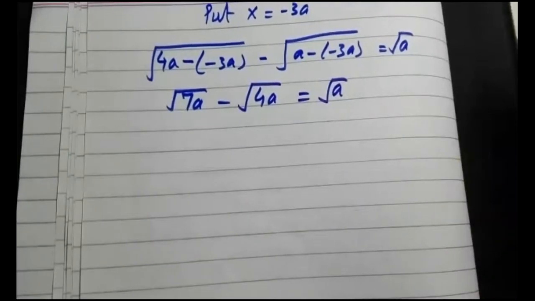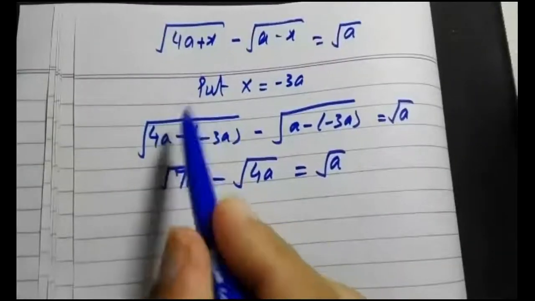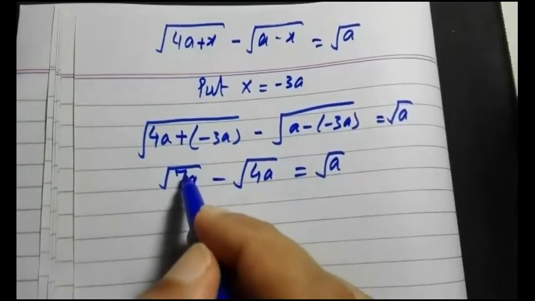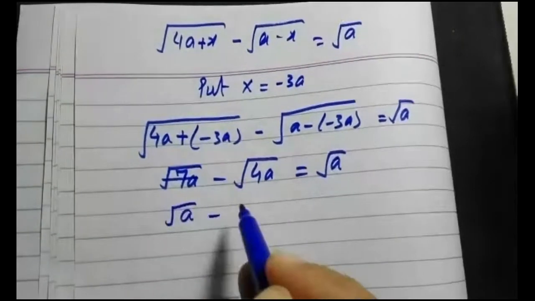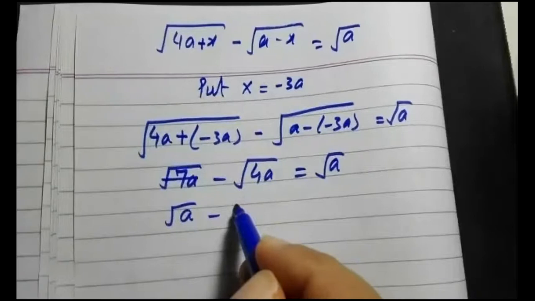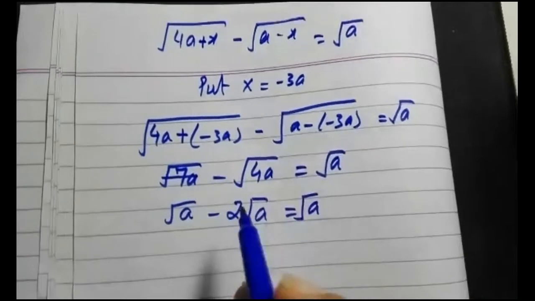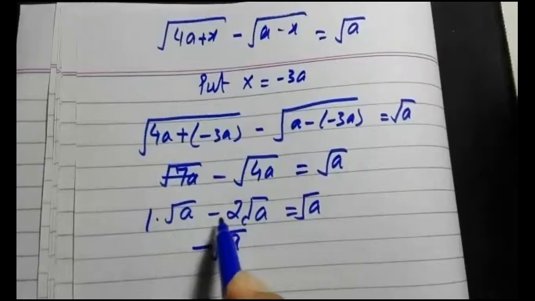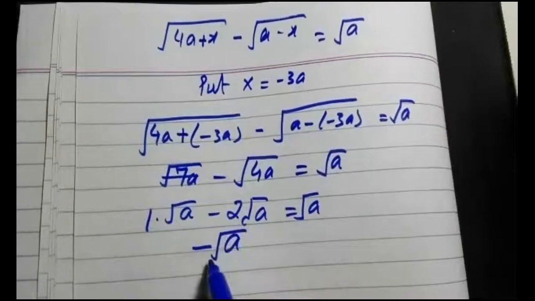So this is the simplification step. If it is 4a plus, yes, there is a plus sign. So if we place the plus sign over there, it will become 4a minus a, and then it will be 1a. Right? So I will have to rewrite it. It will become under root a minus 4 times under root a, which will actually become 2 times under root a. And once you simplify the left-hand side, you will get minus under root a, because it is 1 time under root a minus 2 times under root a. So once you do the subtraction, 1 minus 2 will become minus 1 time under root a.